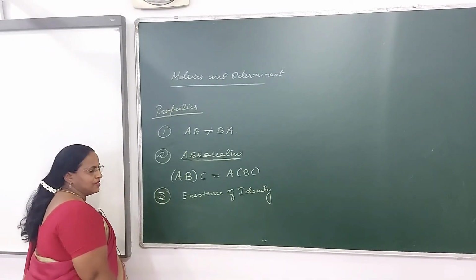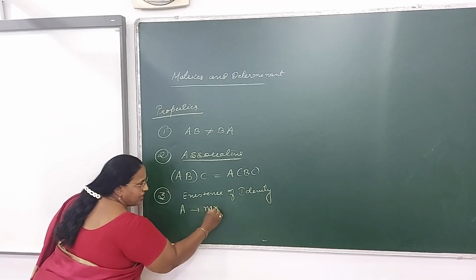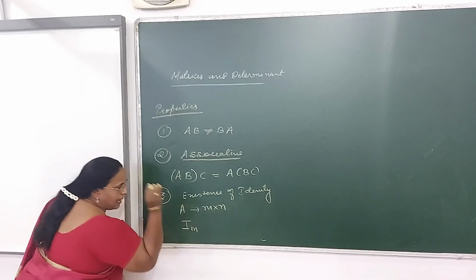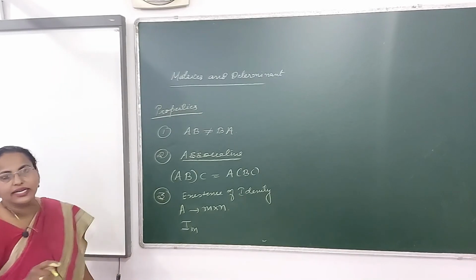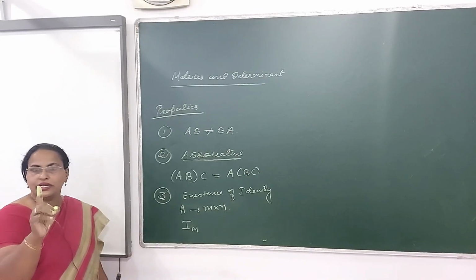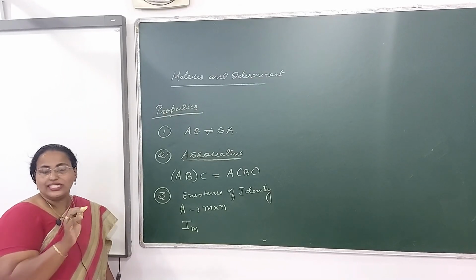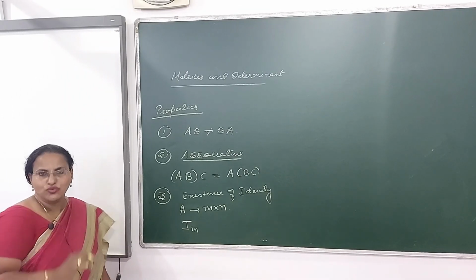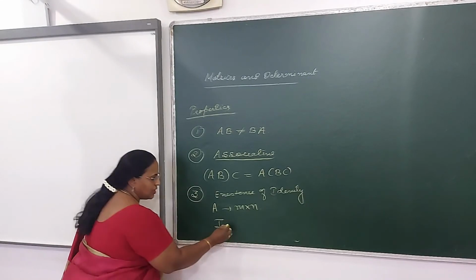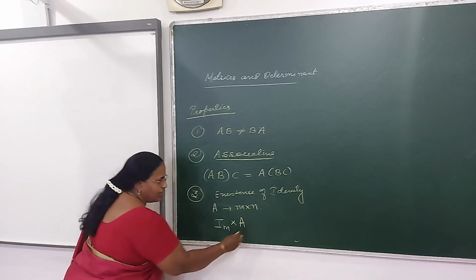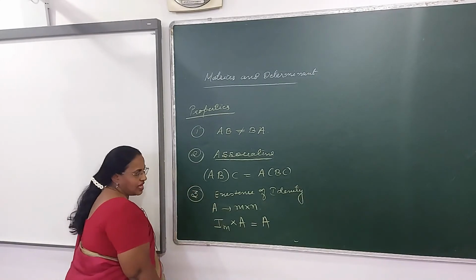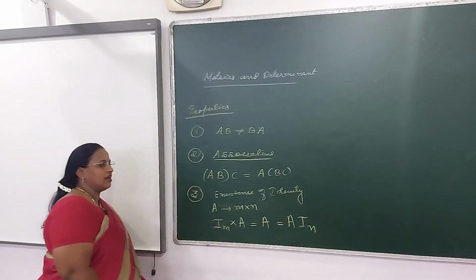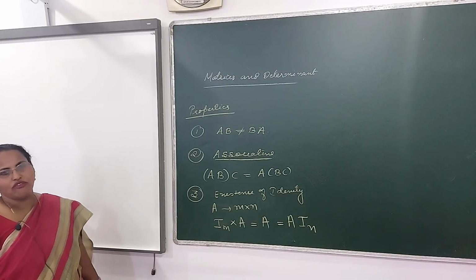Now a very important concept. Let A be a matrix of order m by n. Then we have a concept, I_m. Now what is this? This is the identity matrix of order m. Identity means, once again let me remind you, it's a square matrix where the non-diagonal elements are 0 and the diagonal elements are equal to 1. So I_m into A will definitely result in A, and it is equal to A into I_n. Very important concept of identity.